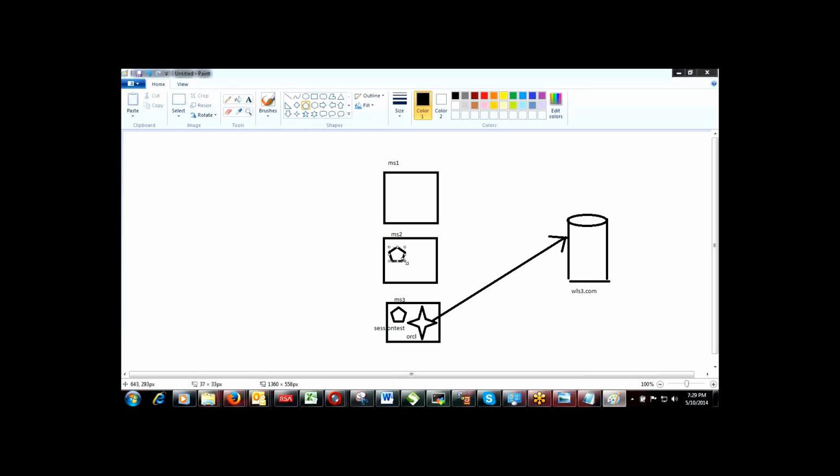But session test has to be deployed on the cluster, because we have given that it is replicated, right? So we are compelled to deploy it to the cluster. But you see that MS3 is not part of the cluster. MS4 is. Right? So in order for the session test application to use the data source to connect to WLS1,